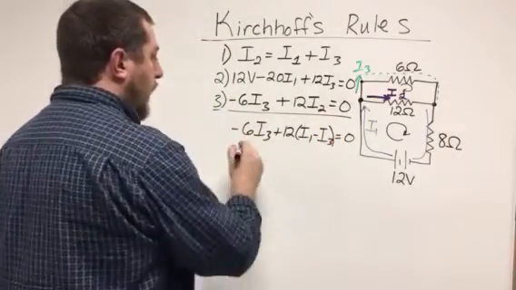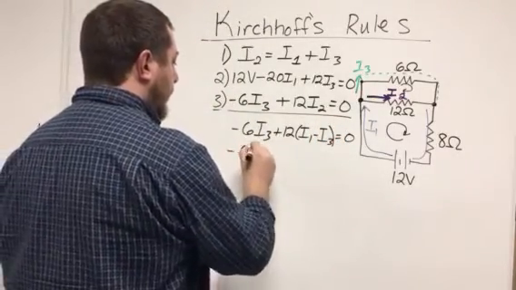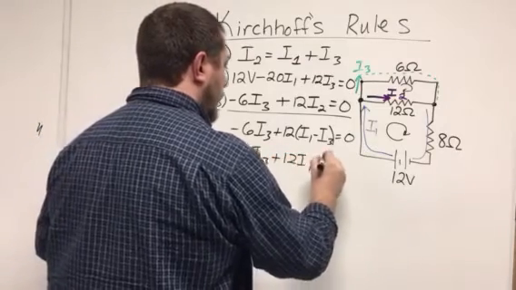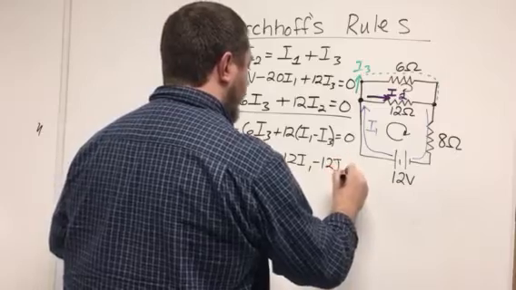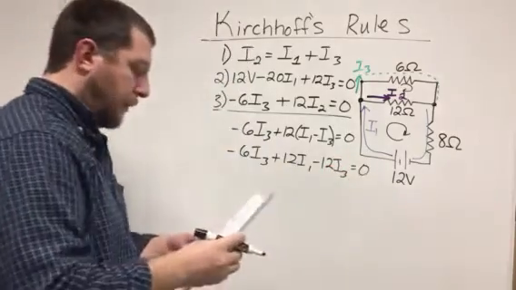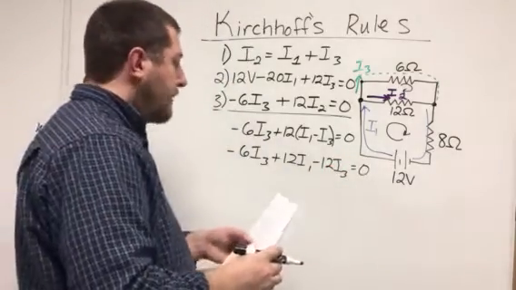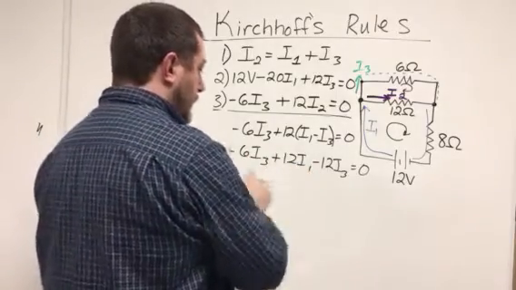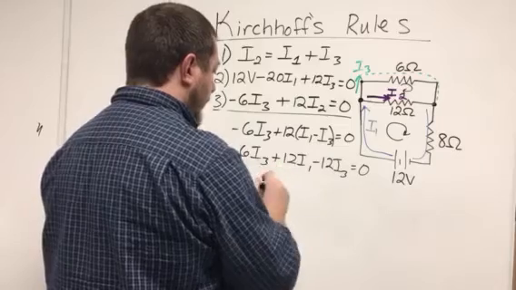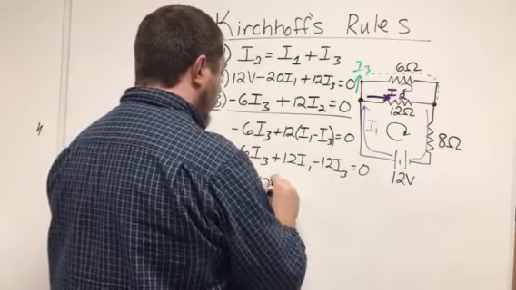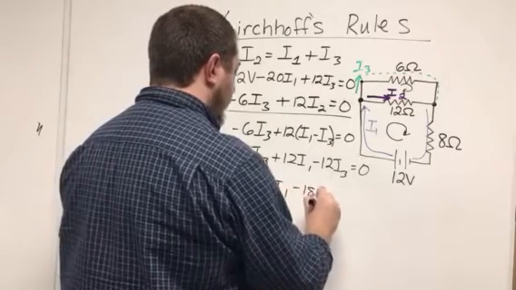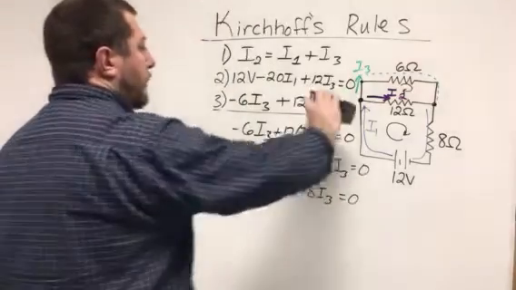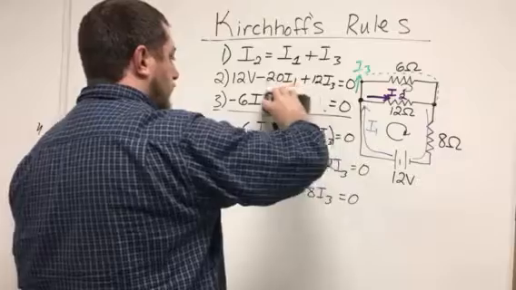Close those parentheses. And I'm going to get negative 6I3 plus 12I1 minus 12I3 equals 0. Okay? And again, I can add these up. And now I'm going to get 12I1 minus 18I3 is equal to 0. So now I can replace this equation